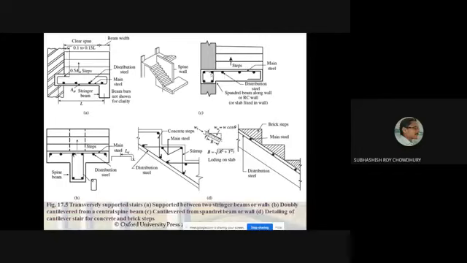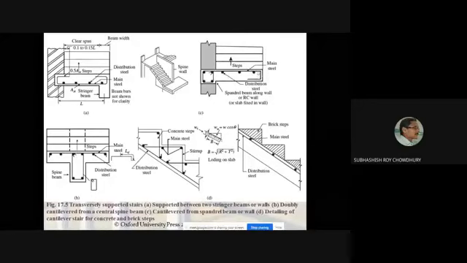Obviously in this case also, this steel will be the main steel, and the steel that you are providing in the direction of the movement of the stair, that means these dots, that will be the distribution steel. And here also you should remember that as it is a cantilever slab and the moment will be hogging in nature, so you have to provide the steel at the top face.